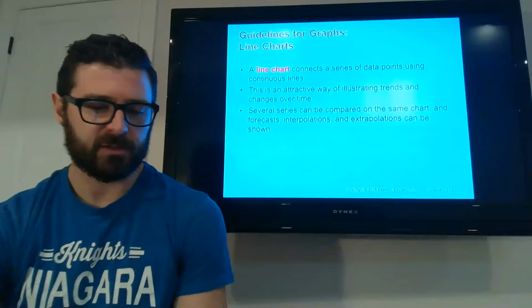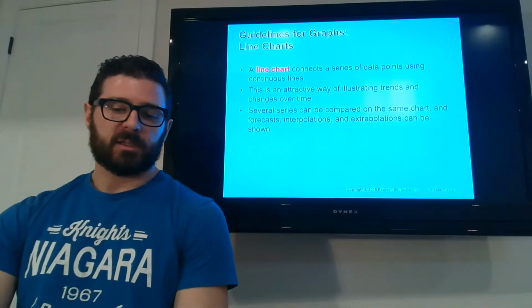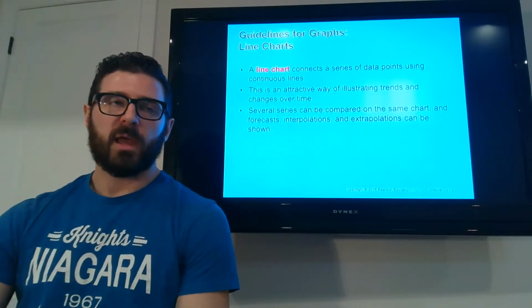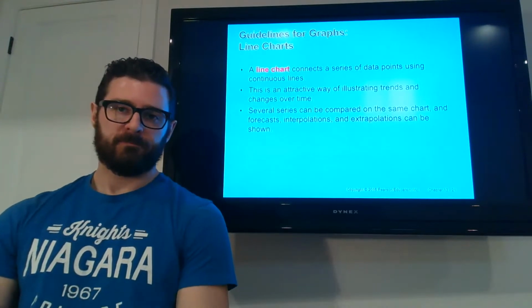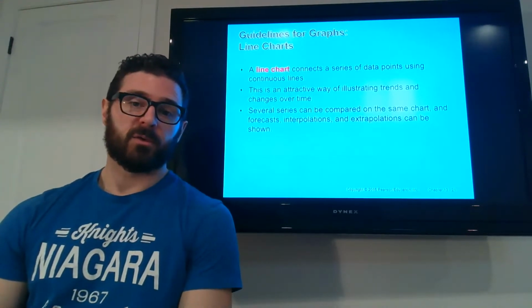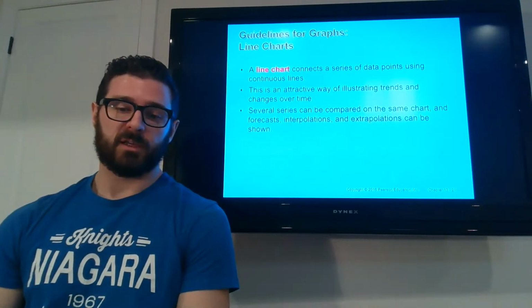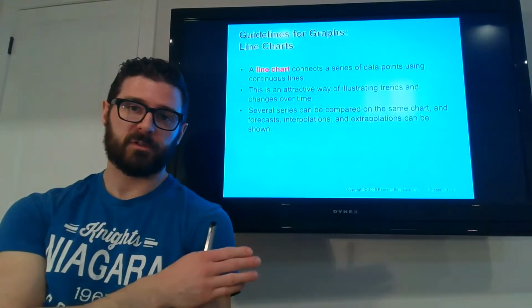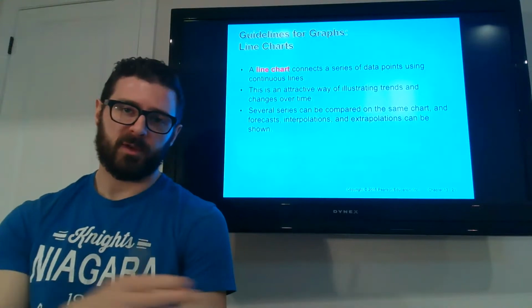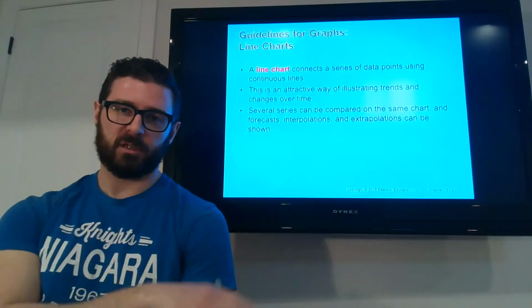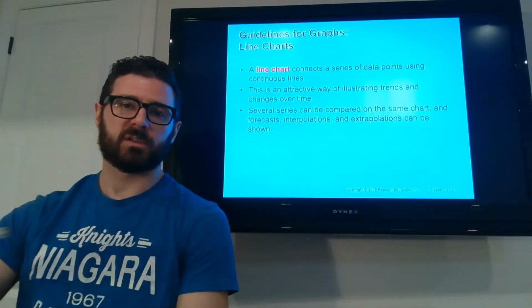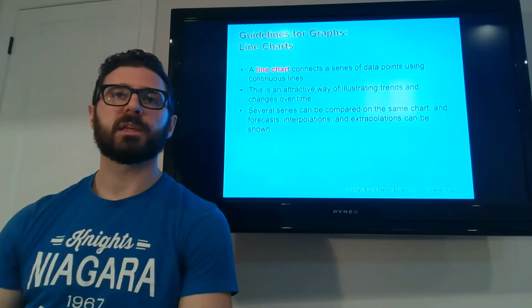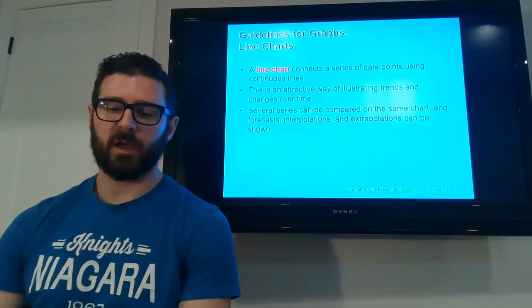Next, we'll talk about a line chart. A line chart just connects a series of data points. It's a good way of looking at time series data. So you'll see stock charts, for example, as a really good example of using line charts. You have time across the bottom, years or days, and then we'll say stock price on the vertical axis, and it tracks that line over time, and you can visually compare trends over time.